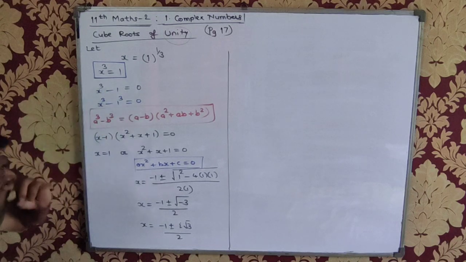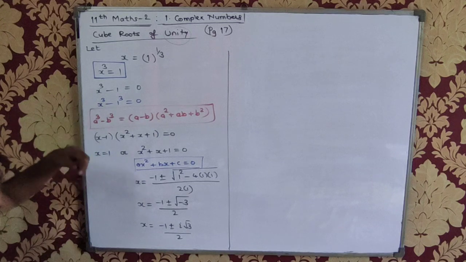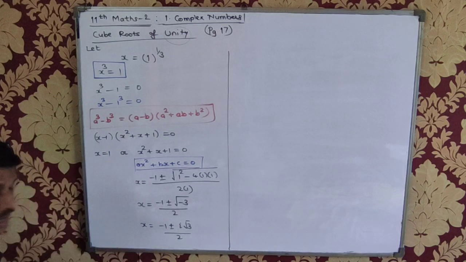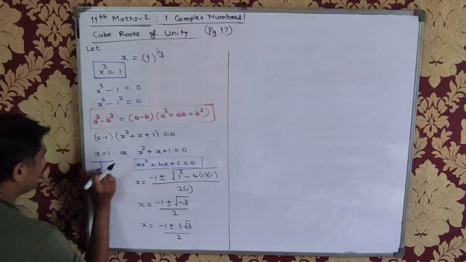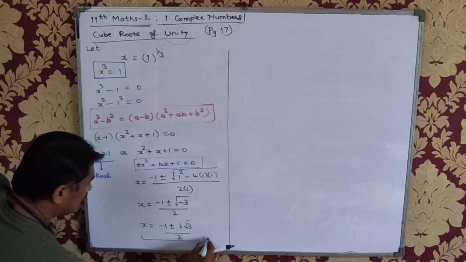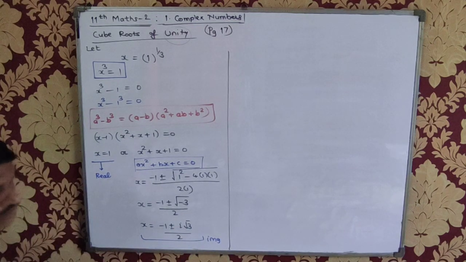So as an answer, we got the cube roots here. This is a cubical equation. A quadratic equation will have 2 roots; likewise, a cubical equation has 3 roots. So this is the first root and these are the 2 more roots. But we find that this root is the real root, and these two are the imaginary or complex roots.